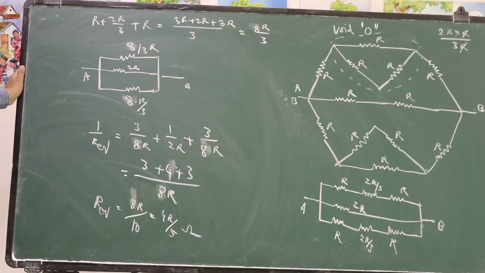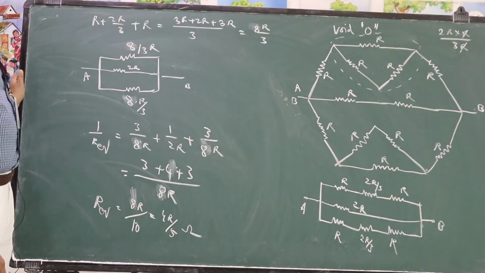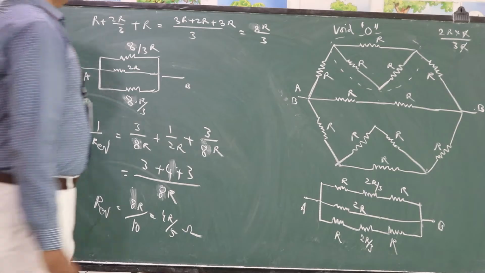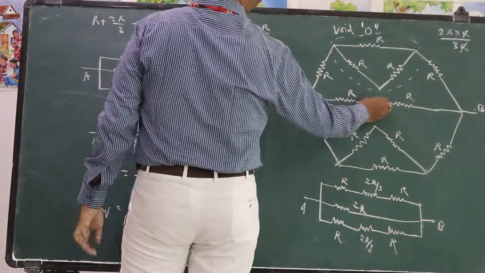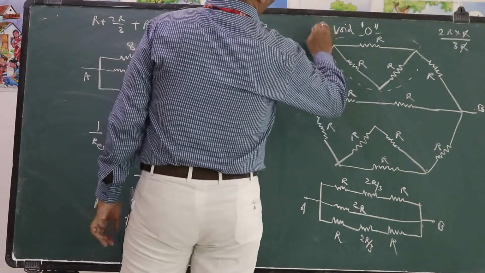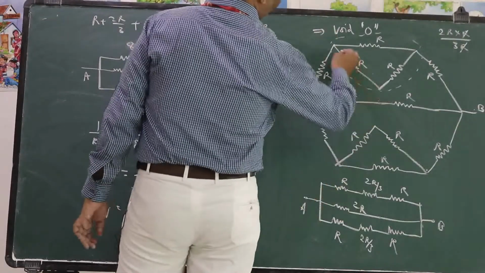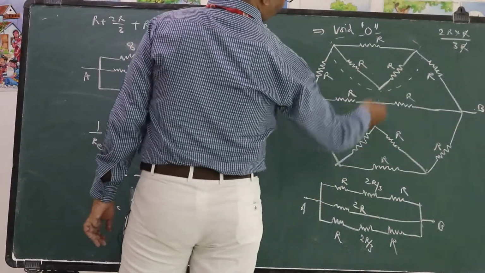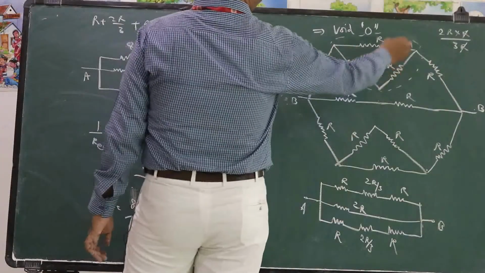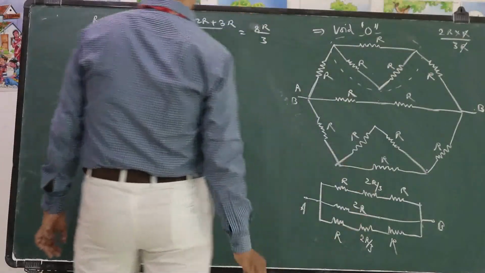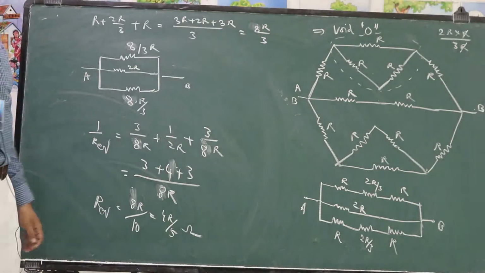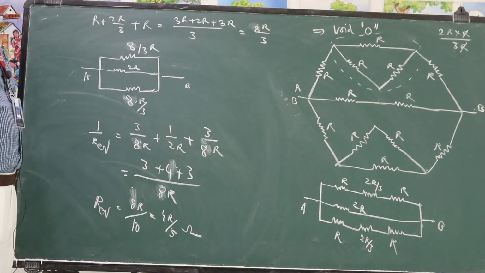There is no confusion in this problem, just we took a cell of EMF B between the two terminals A and B. Later we distributed the current. From the current it is concluded that this point, the joining point, can void. You can avoid that. By avoiding this point, the circuit is redrawn like this. Later we simplified this branch and this branch, and we simplified the entire problem like this. So this is the solution for the given question.